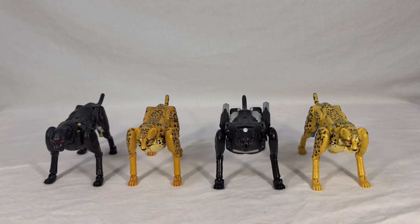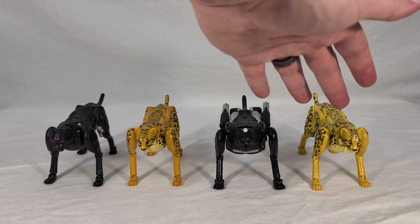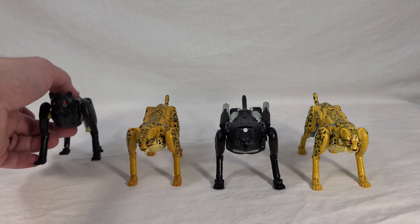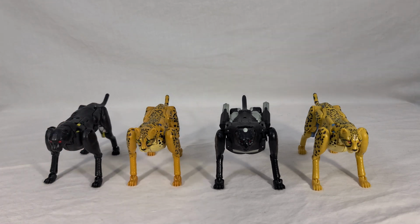Speaking of Shadow Panther, here are all the other uses of the Kingdom Cheetor mold. So again, we get regular Cheetor, we get Netflix Cheetor, which is much more show accurately colored, and then we get Shadow Panther, who was a late wave edition of Kingdom, and is based off of the old Tripredicus Agent / Shadow Panther toy from originally Takara in their Japanese Beast Wars, and was released in a limited fashion by